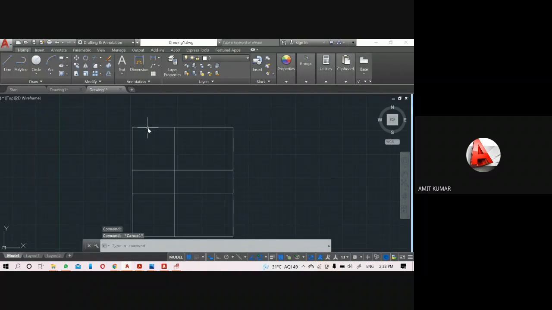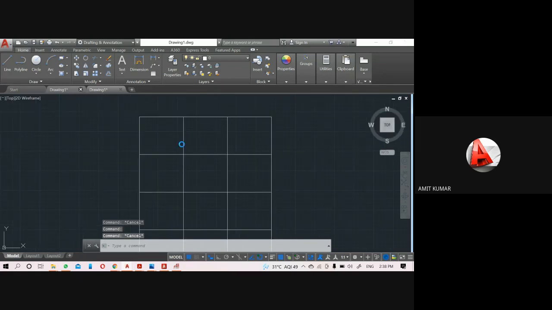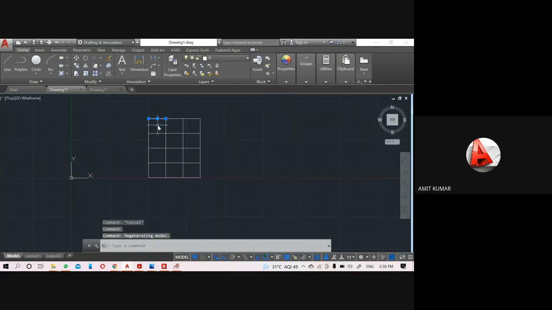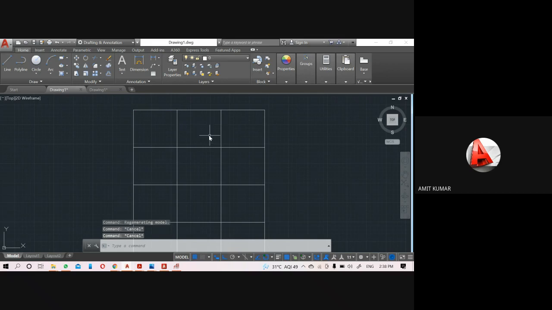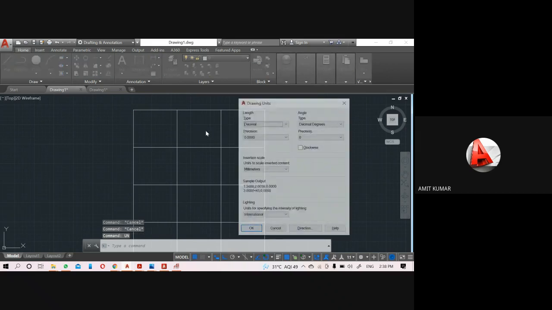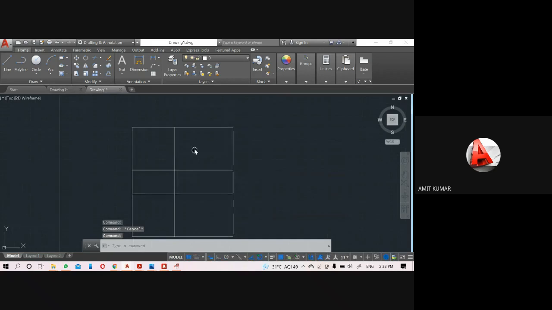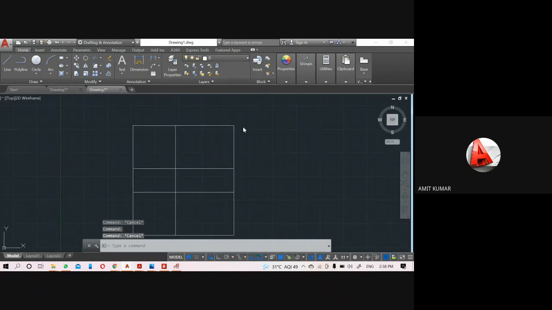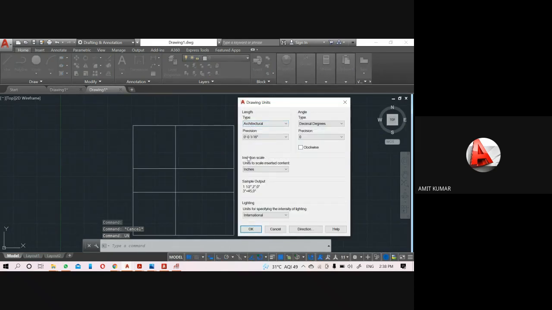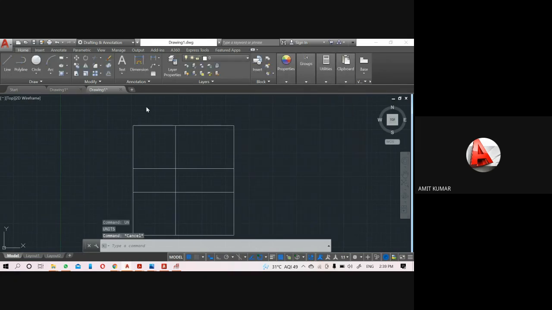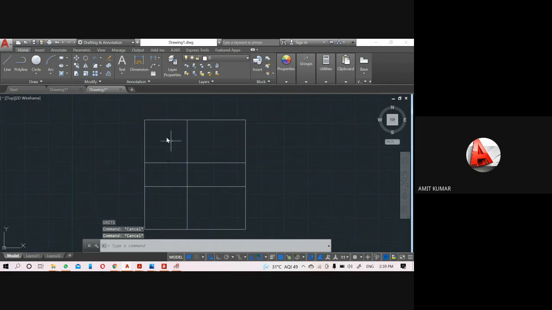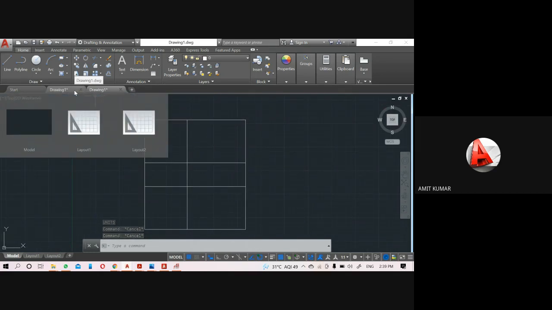Then after we have to change the unit in StaadPro. You know that this file is in feet and inch. If I want to import this file, I will show you. Wait. The unit in this file is architectural and the insertion scale is inch. So I have to convert it into our project.